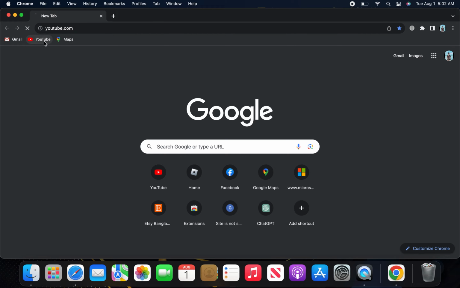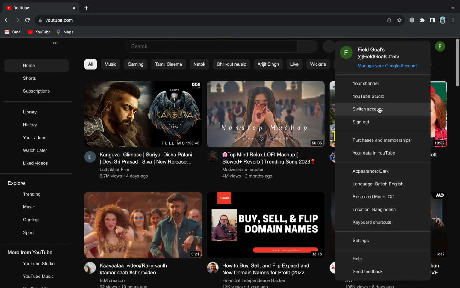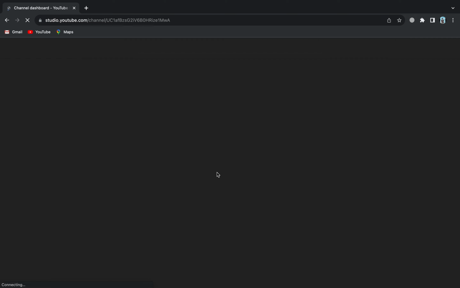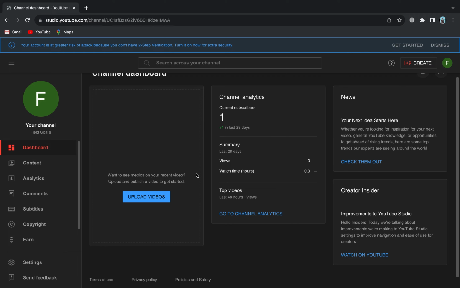First of all, open up YouTube in the web browser. Then click on your profile icon from the top right corner. From here, click on YouTube Studio. Once you open the YouTube Studio,